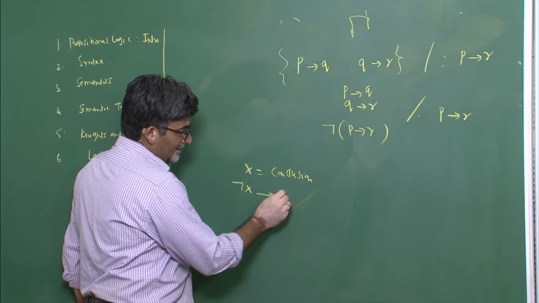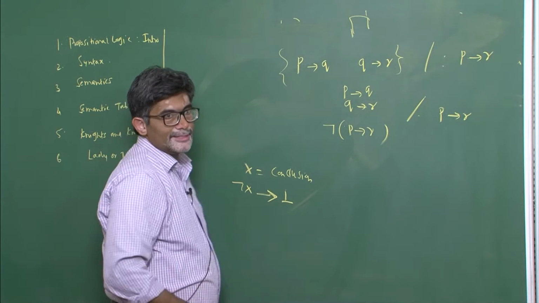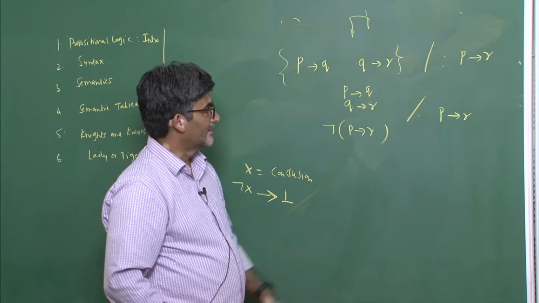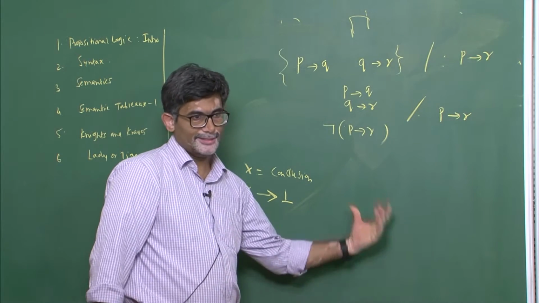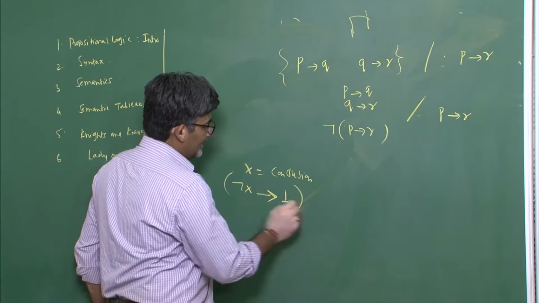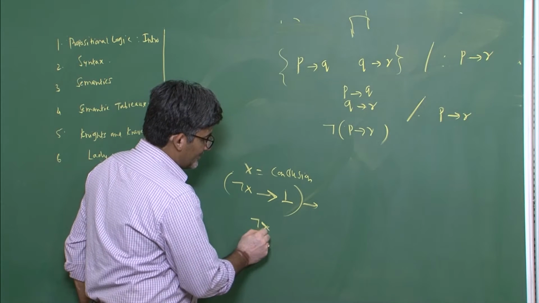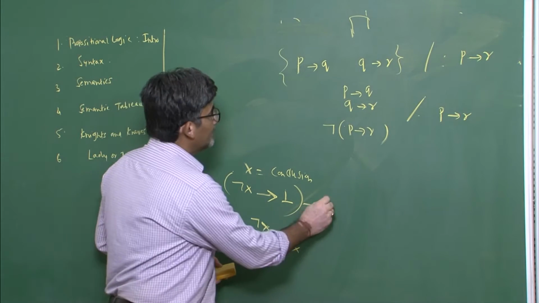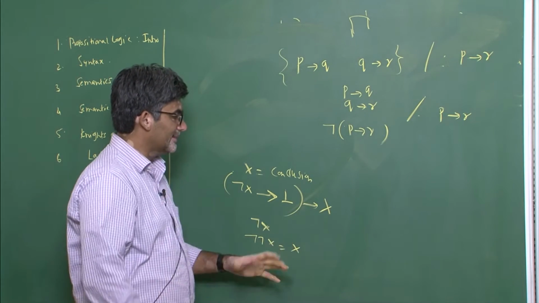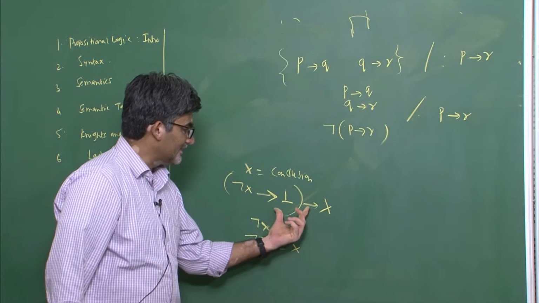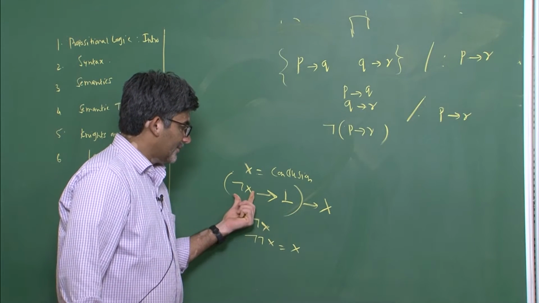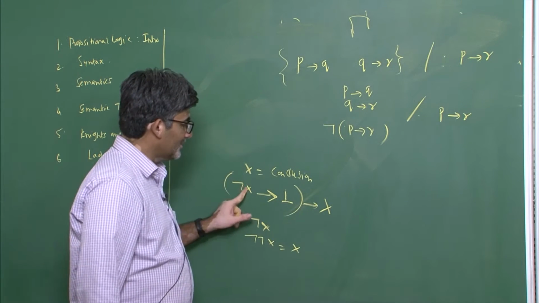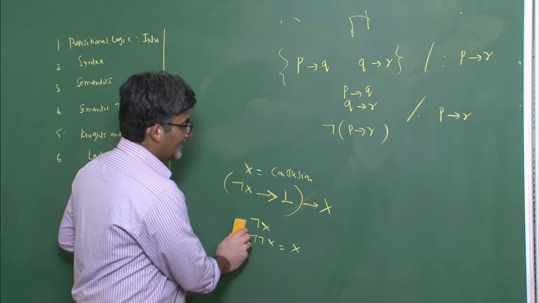If the denial of the conclusion leads to a contradiction, that is, if you deny it and construct a tree diagram, all the branches in the tree diagram will close. Then it should not be not X, but it should be not of X, that is nothing but X. The semantic tableaux method depends on this principle: not X implies a contradiction. BOT stands for contradiction, and that means it should be not of X, that is X.